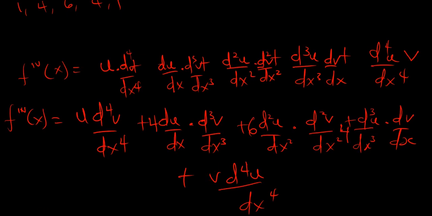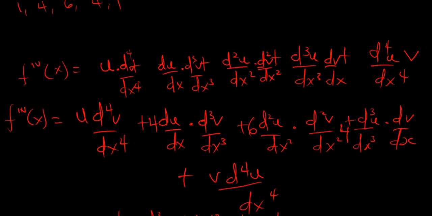Okay, so at the end of the day, the fourth derivative of f(x) is going to be u d to the power 4 v over dx to the power 4 plus 4 du over dx multiplying d cubed v over dx cubed plus 6 d squared u over dx squared multiplying d squared v over dx squared